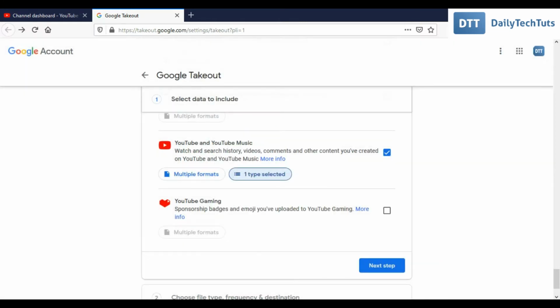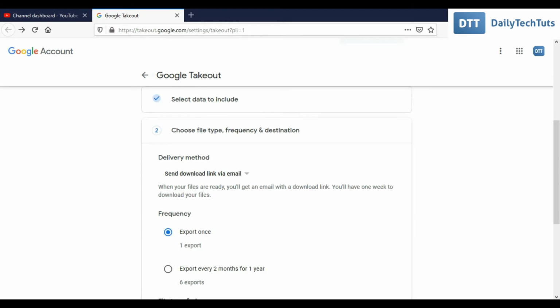Now you need to click on next step, and Google will now ask what will be the delivery method of your backup file. So it can be either your email, or you can save all your backup files to Drive, Dropbox, OneDrive or Box. Here friends, I would like to tell you a very important thing.